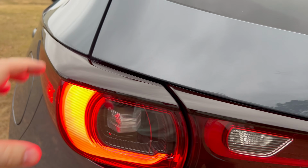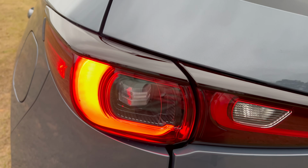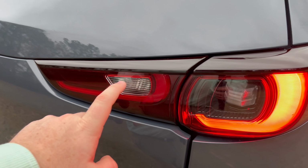Since it's a little bit overcast and getting dark, let's look at the lights here. So here's a glance of what the new tail lights will look like. Of course, you'll have your turn signal here, your reverse lights here. As we go around to the front,